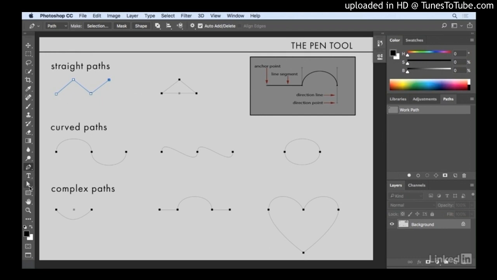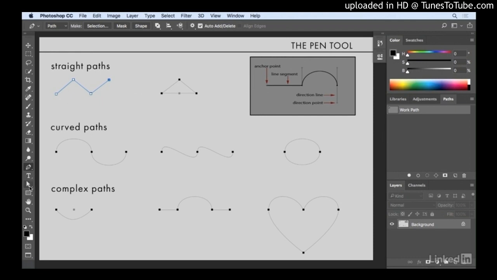Now, similar to the curvature pen tool, when I position my cursor on top of this path, I can add another anchor point, and we can see that I get a little plus icon next to the pen tool. But unlike the curvature pen tool, you can't really click and drag your control points or your anchor points, because if I click again, it's just going to delete that anchor point.